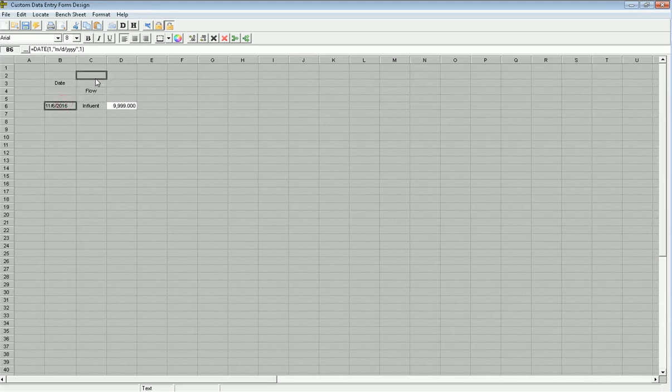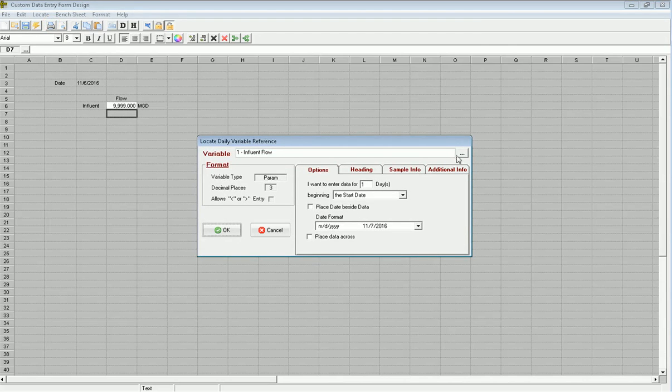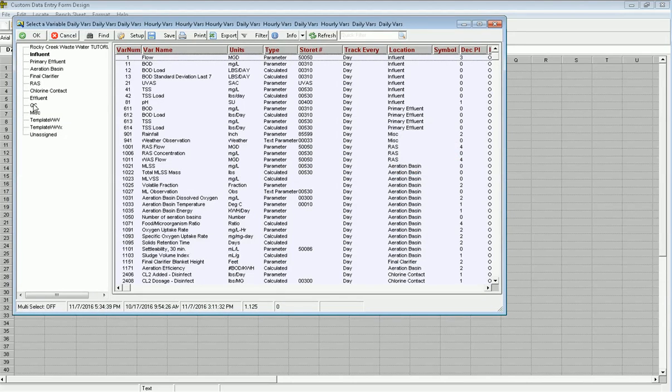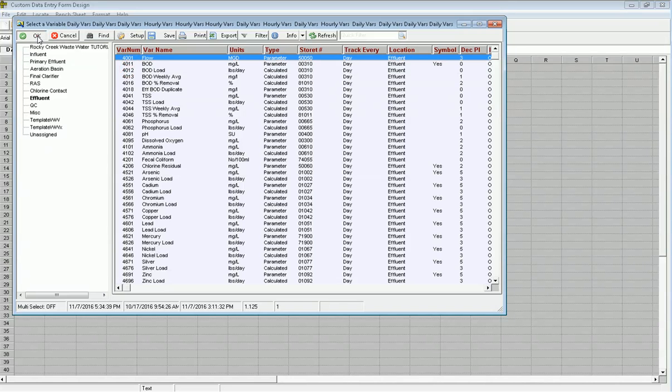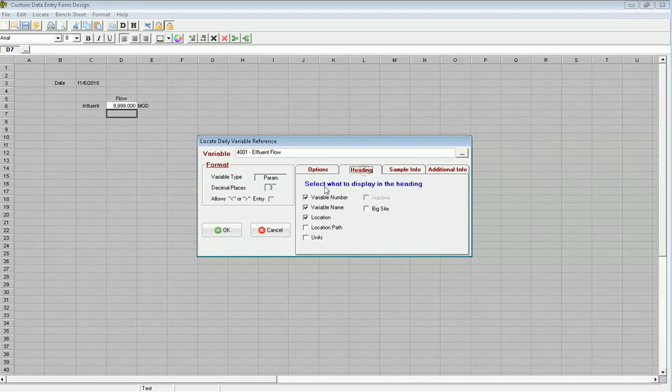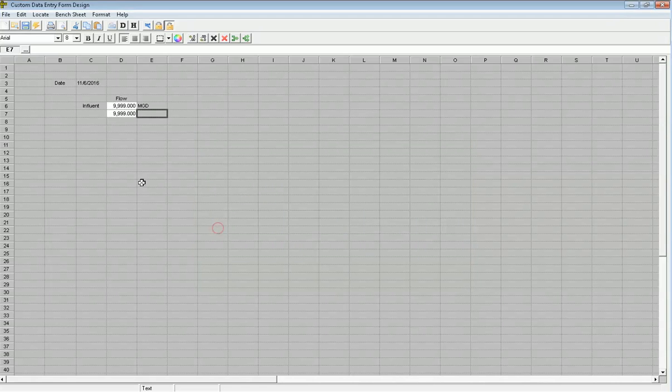And I'm going to drag date up right here. Okay? Say the word flow, and maybe I want to put the units out here, MGD. So now what I can do is I can come in here and do locate daily variable. Maybe in this case I'm going to do effluent flow. Pick that variable, click OK. In this case, I don't need the heading anymore. I just want to locate 1 day. I'm just going to link effluent flow right here because now